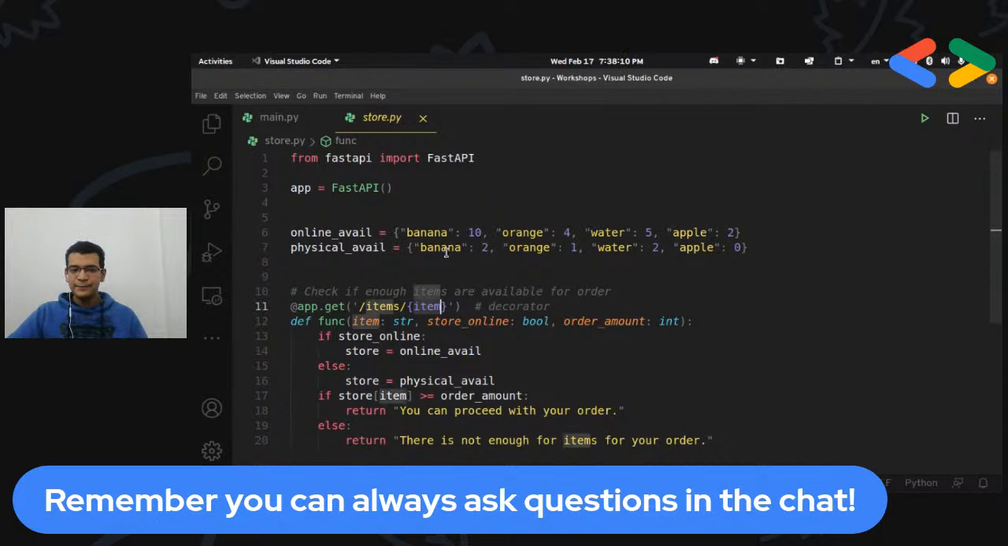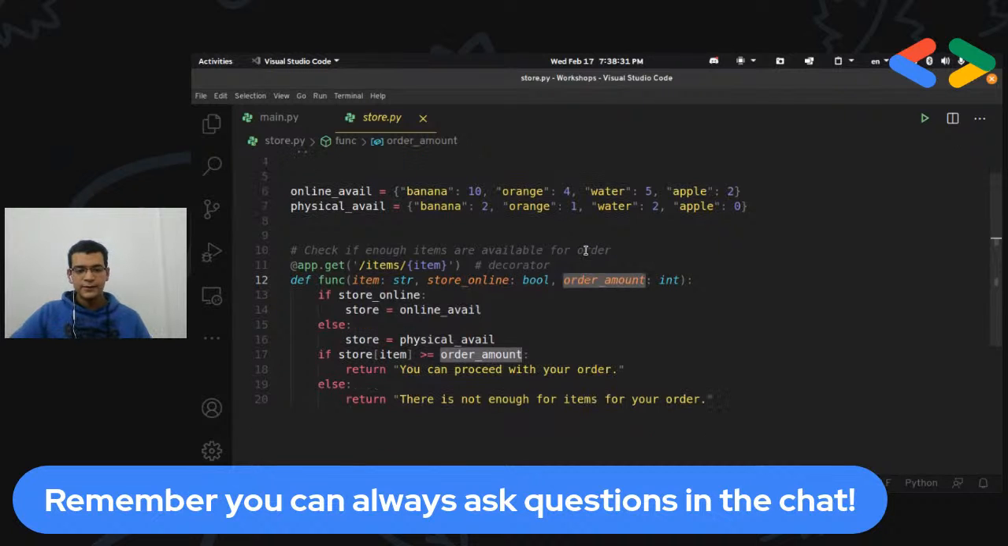They enter what item they are expecting. Are they willing to order a banana, or an orange, or water? And then they also specify as queries the type of store. Is it online or not? I'm expecting a Boolean here, so it's going to return true or false automatically for us, and the order amount of how much you're willing to order. And then it's just going to check